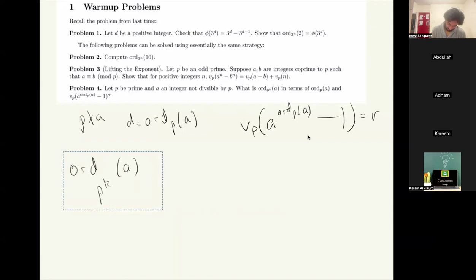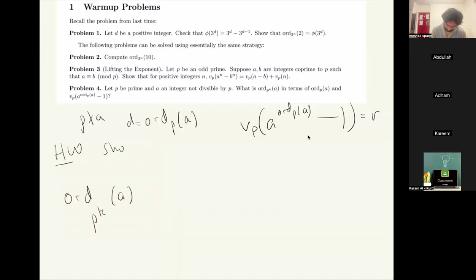And the statement that I will leave as homework is that when I take the order mod P to the K, two things can happen. If K is less than or equal to R, then it's the same as D. If I take P to the K with K less than R, I don't need anything extra. It's D. And if K is more than or equal to R plus 1, then it's D times,